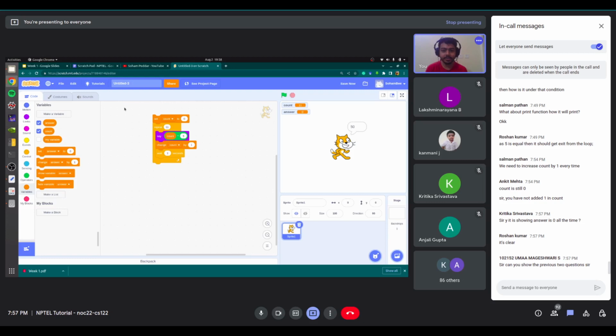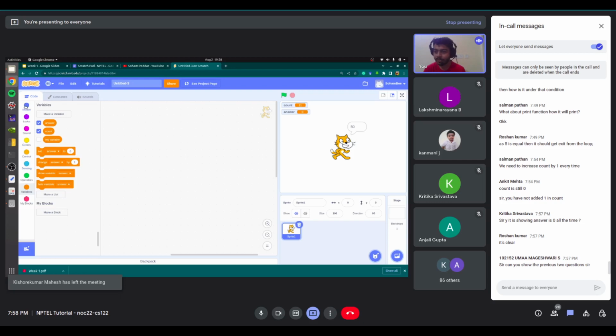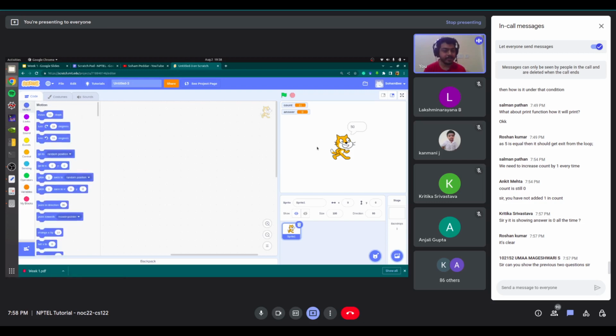So let's try that. Just remove this and start from the beginning. First, we want to make an equilateral triangle. Okay, so that's the easiest. You can just go to motion. The cat is currently facing the horizontal axis. You can see the direction is 90, so 90 degrees from the top. So you want to turn it 60 degrees up, because we want to trace an equilateral triangle, so you want it to turn 60 degrees. Okay, so you want to turn up.